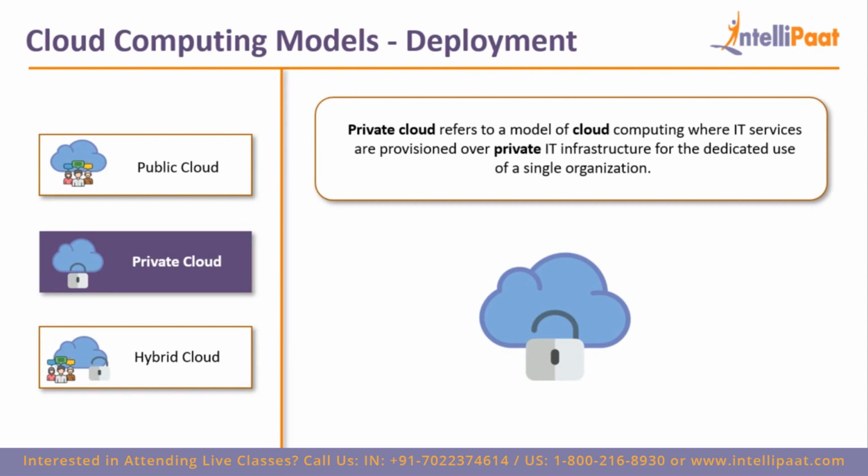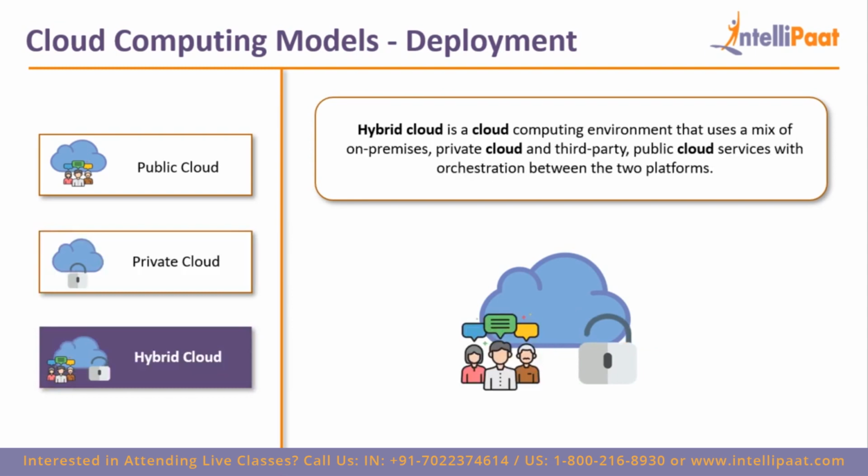Right? Then you have the third kind of cloud, which is called a hybrid cloud. Now, what is a hybrid cloud? In hybrid cloud, you have a mixture of public and private cloud. That could mean that, let's say, my company also deals in confidential data, and I also want a website to be hosted for my company. So let's say the website accesses a database which I do not want to be on public cloud. So what I can do is deploy the database on the private cloud